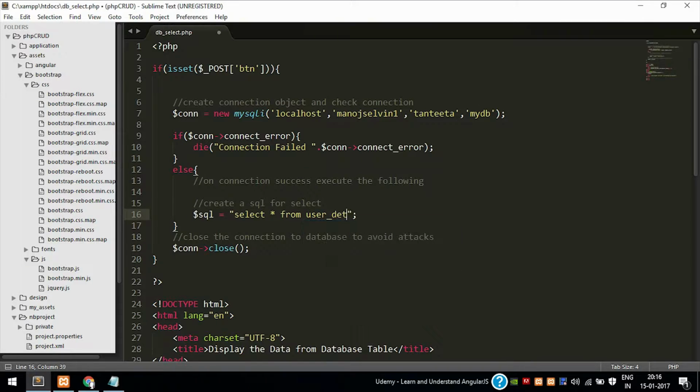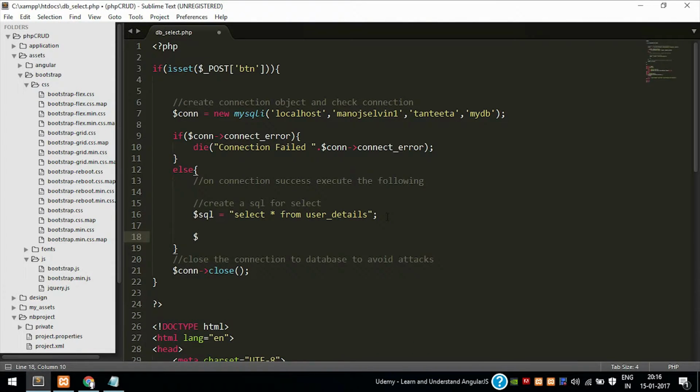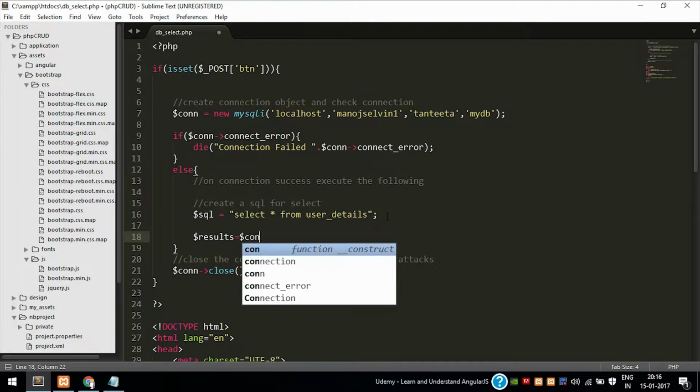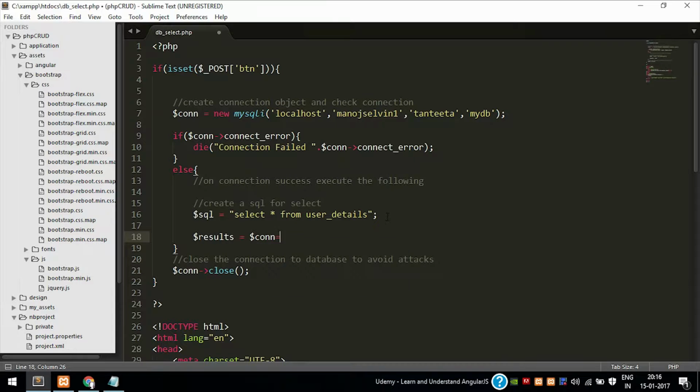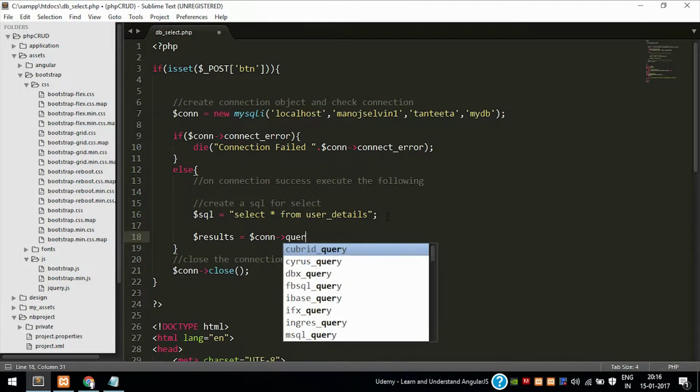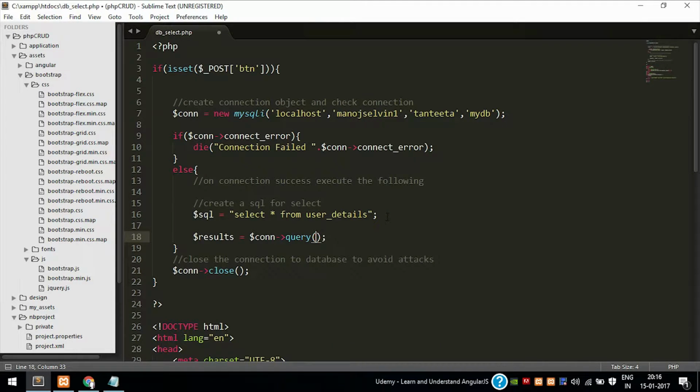I want to retrieve from the user details table, which is already created. And I am using the connection object to execute the query method, and I will pass the SQL statement as the SQL query variable as the argument, so it will execute that query,